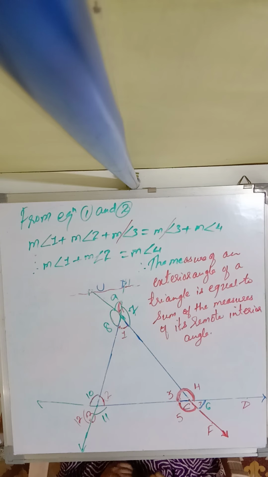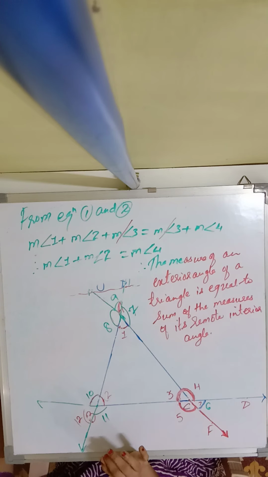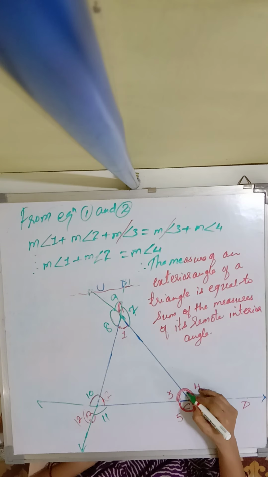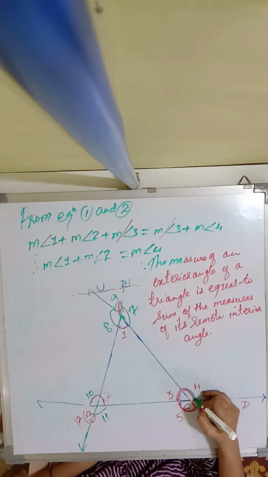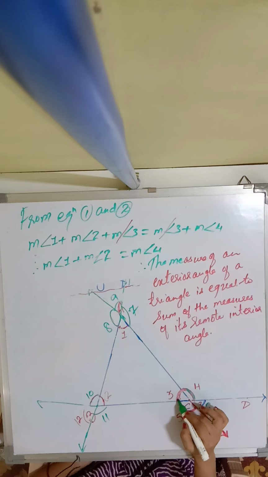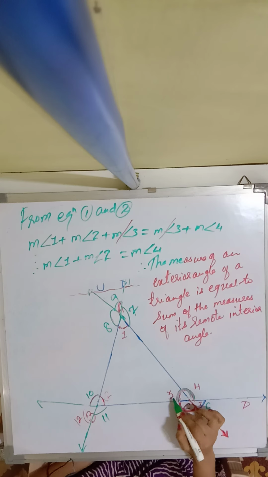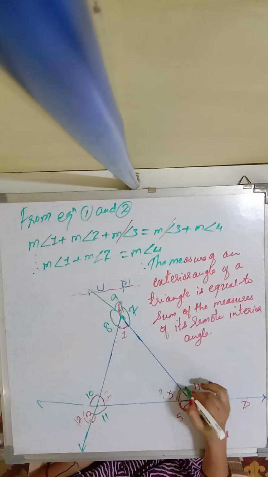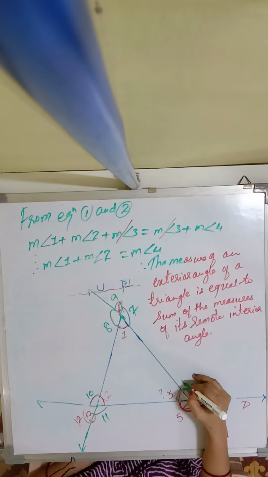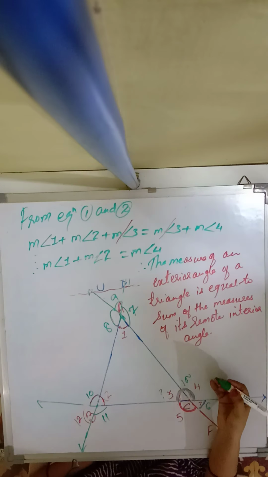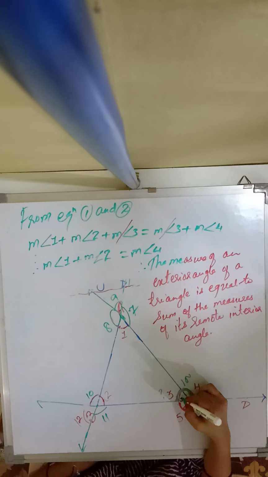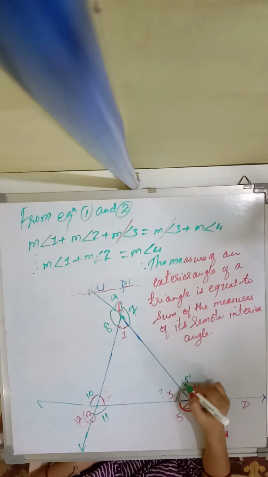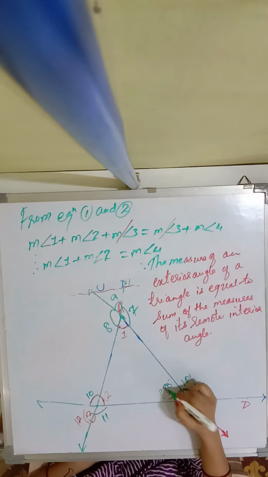So, children, I hope you have understood the exterior angle. The angle which lies outside the triangle is called the exterior angle. Now suppose one angle is given, for example, once you find this exterior angle, you can see they form a linear pair, so you will be able to find the other angle easily. Suppose this angle is 100 degrees, then since they form a linear pair, it will be 180 minus 100, which is 80 degrees. Okay, children, 80 degrees.